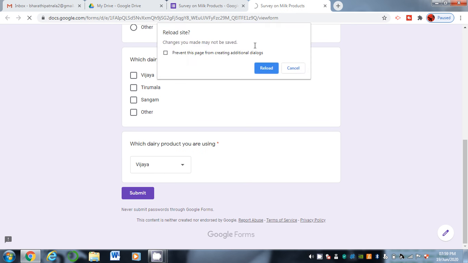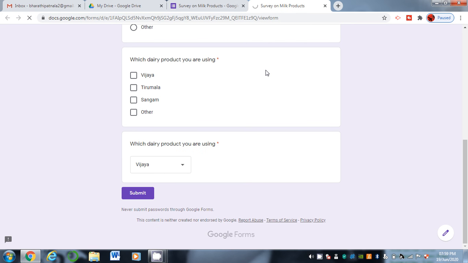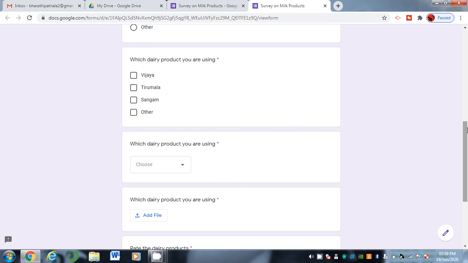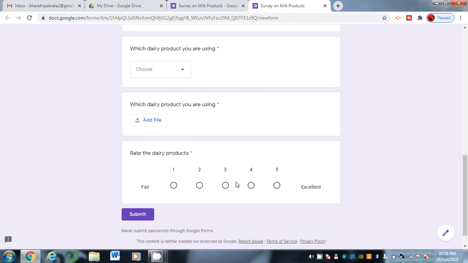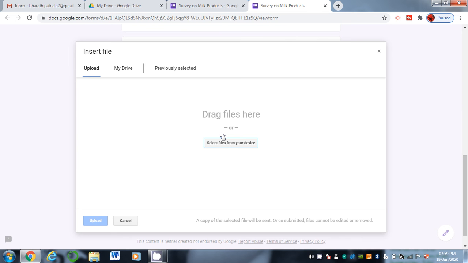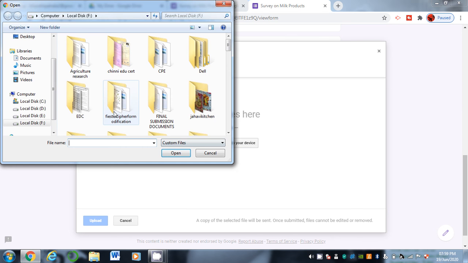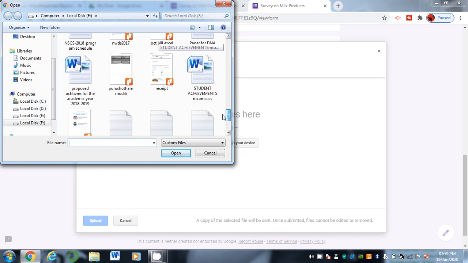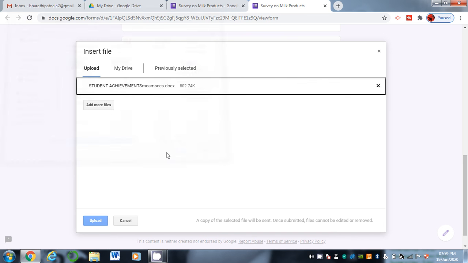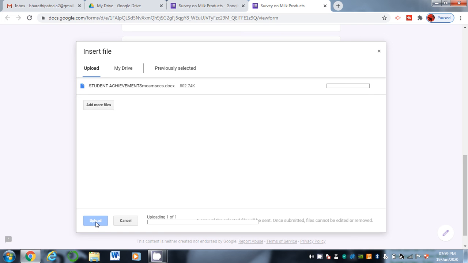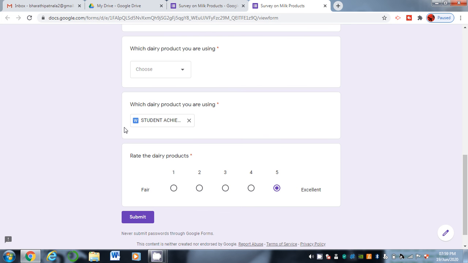So it will look like a star ranking like this one. Okay, it will be neutral or it will be excellent. So you can also add some files. For example, you can upload like this. You can choose from dairy products.